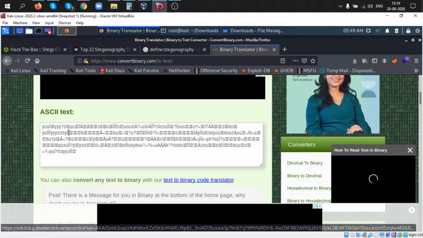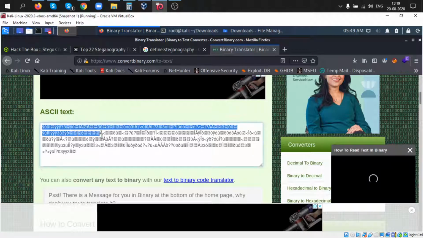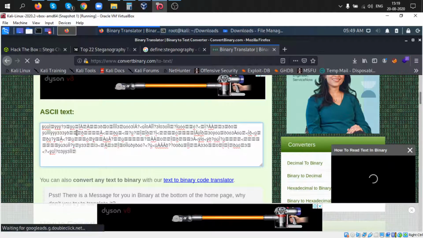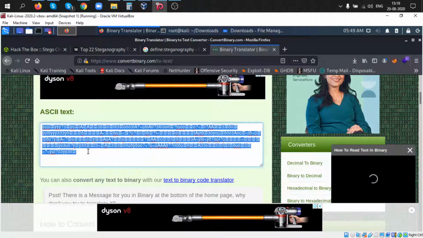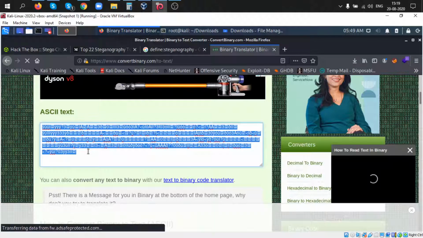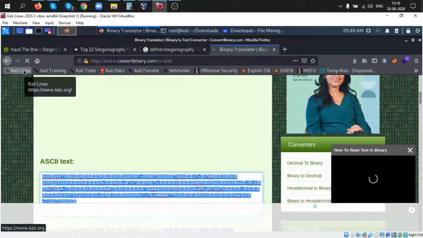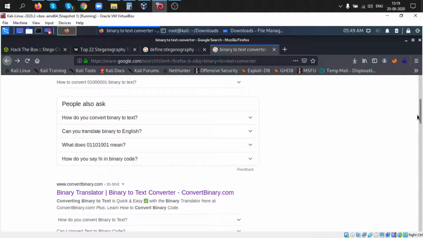When I click the translate button, I get this result, which is not useful for me. Here I'm using online tools, so I go back. This one was not successful.